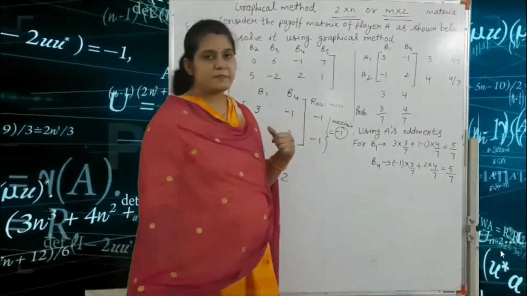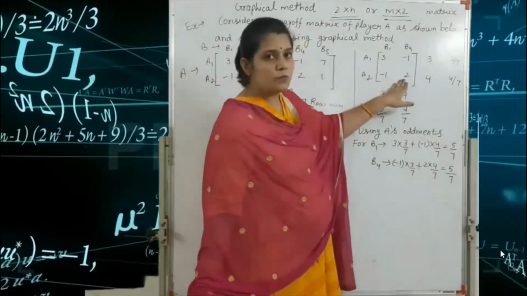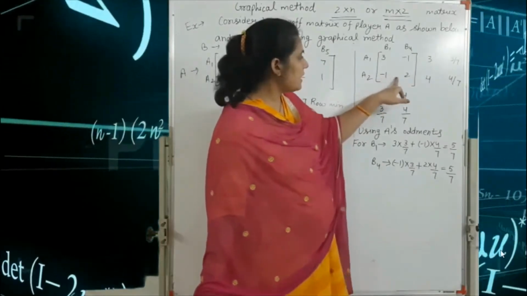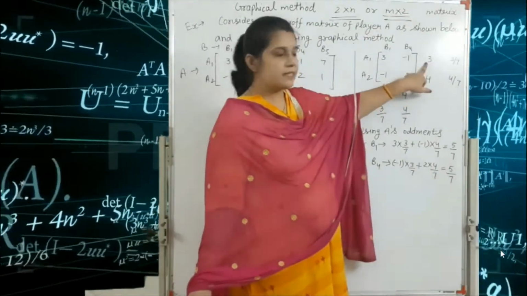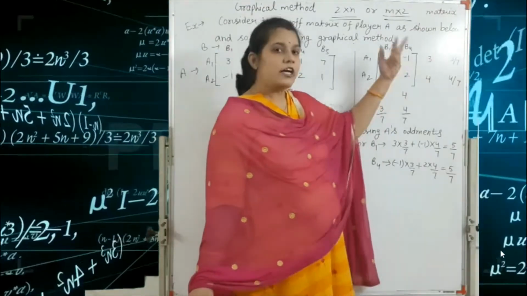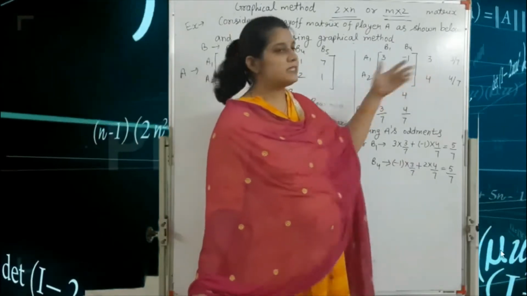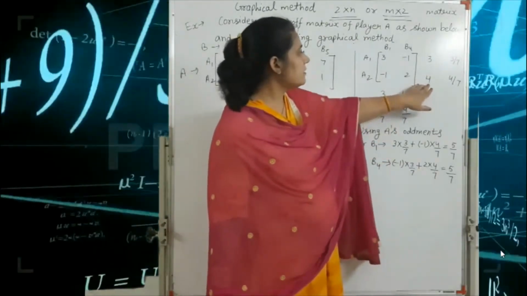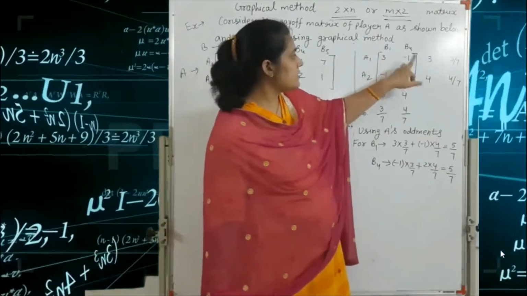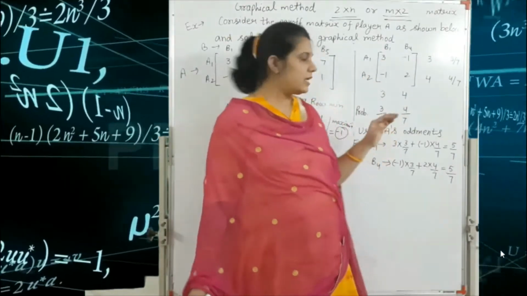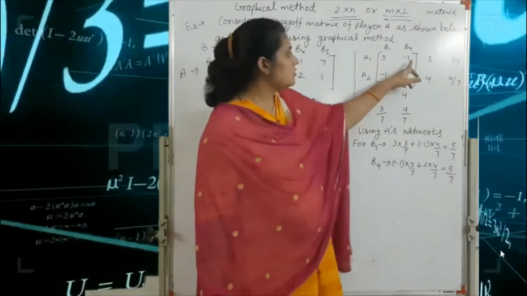So oddments method is what? In the oddments method here we write the second row. So second row minus 1 minus 2, that is minus 3, but we ignore the minus sign, so we write here plus 3. Or you see here 2 minus minus 1, that means plus 3. Okay, and here this value according to this row: 3 minus minus 1, that means 4. Okay, here these values according to this first column we use the second column.